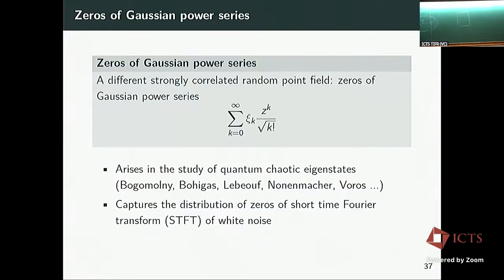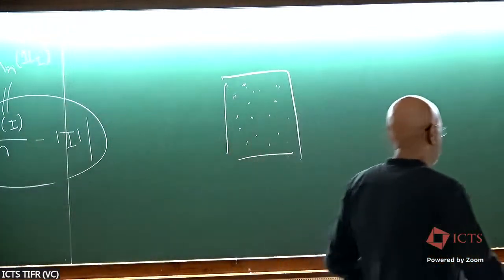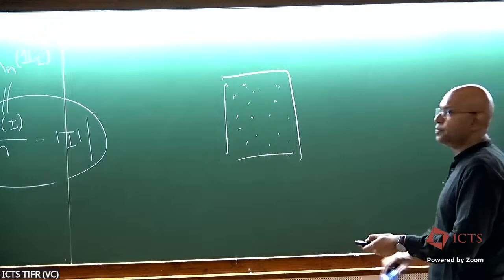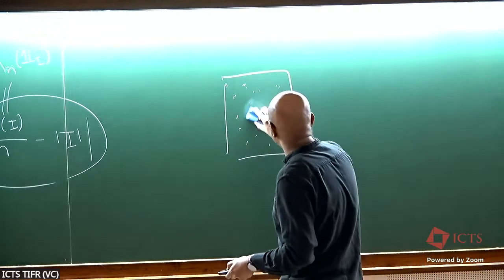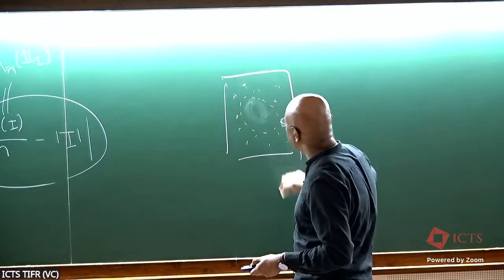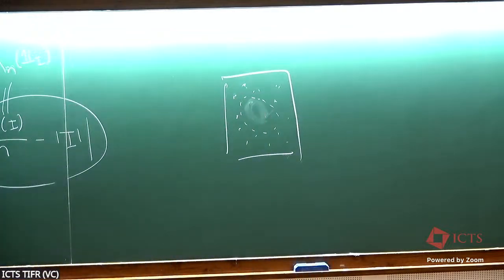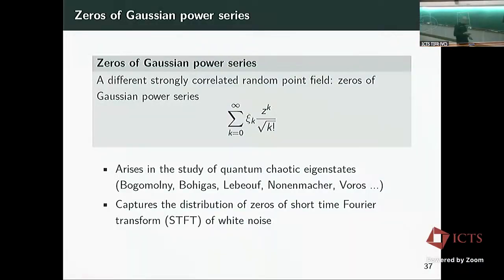However, when there is signal, what will happen is that in this kind of spatially homogeneous sea of zeros, there will arise an island which is basically free of zeros. And that to you is the indication that there is signal. It's not pure noise. And we want to process the signal. We want to detect if there is a signal, or, as a next step, reconstruct the signal on the basis of detecting these islands. So that's the idea, and in the last 10 years, it has gained popularity.